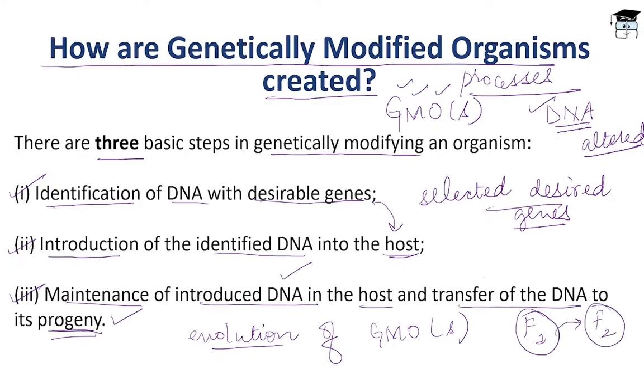Clear? Now students, we know that these GMOs or genetically modified organisms have been genetically altered. Right. Now remember, in the starting of the video, I told you that we are going to create a new DNA. Right. That is what we're doing here. We are genetically modifying the already present DNA and creating a new DNA by introducing it into the host. Right. But what is this new DNA called? This new DNA is called recombinant